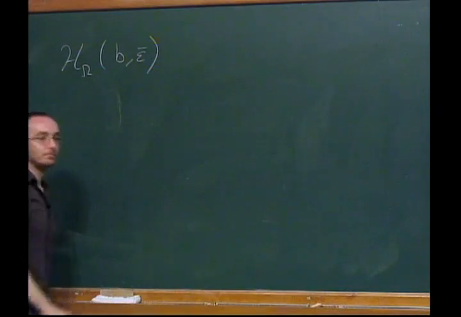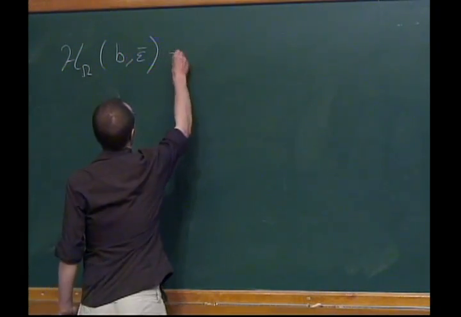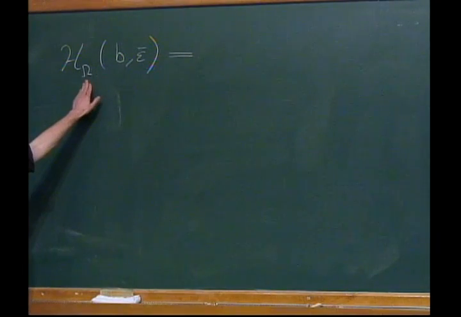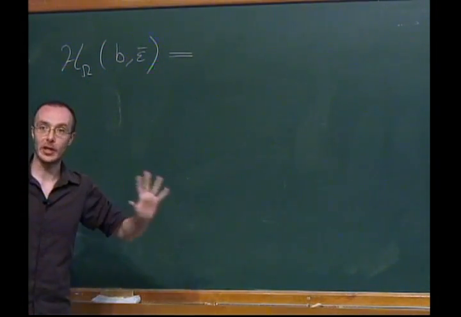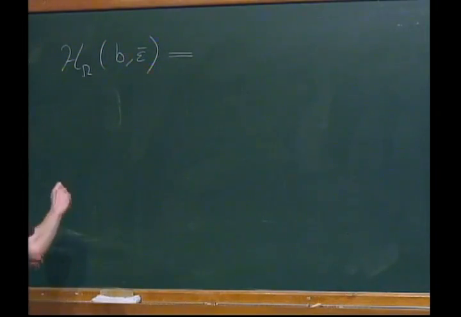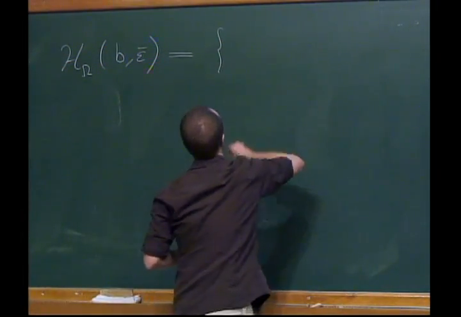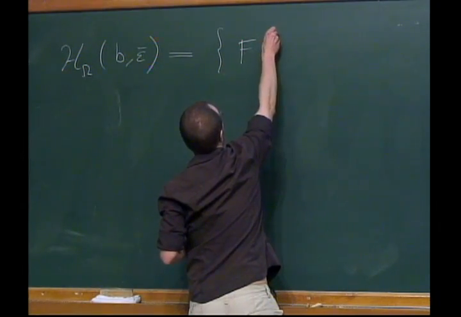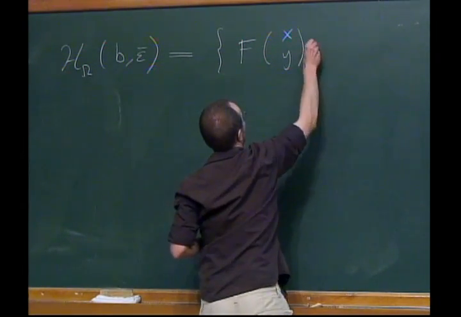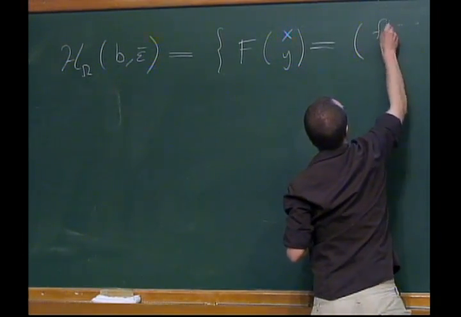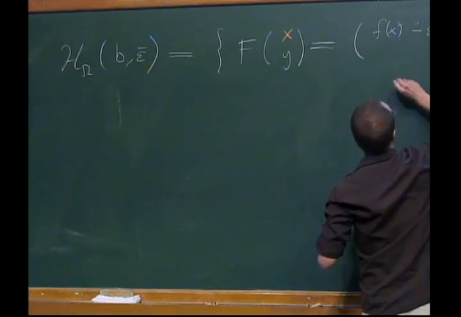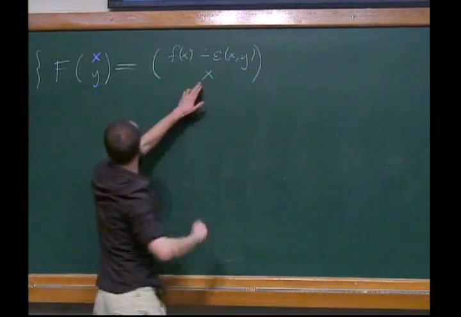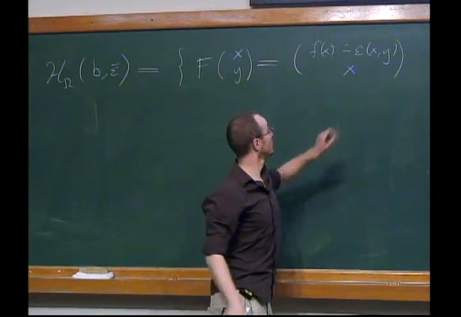B epsilon bar. Okay, and so the omega you don't really need to worry about. These are to do with complex extensions to some bidisk, so maybe let's ignore that for the moment. But what we're going to do is we're not looking at C2 things, we're just looking at analytic things with appropriate extensions. Okay, so we're going to look at maps of the following form, F, which send points x and y to some unimodal guy, F, minus some small epsilon perturbation, and then in the second coordinate, you get the old x coordinate. Okay, where